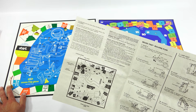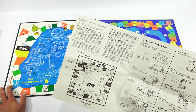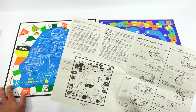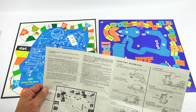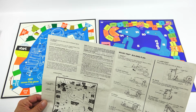Cheese cards may be used this way only when you're on the turn crank space. If one opponent's mouse is on the cheese wheel when you land on the turn crank space, you can still use your cheese cards to try and get other opponents' mice onto the cheese wheel before setting the mousetrap in motion. Wow. Safe. When you land on the safe space, you cannot be moved under any circumstances by an opposing player,